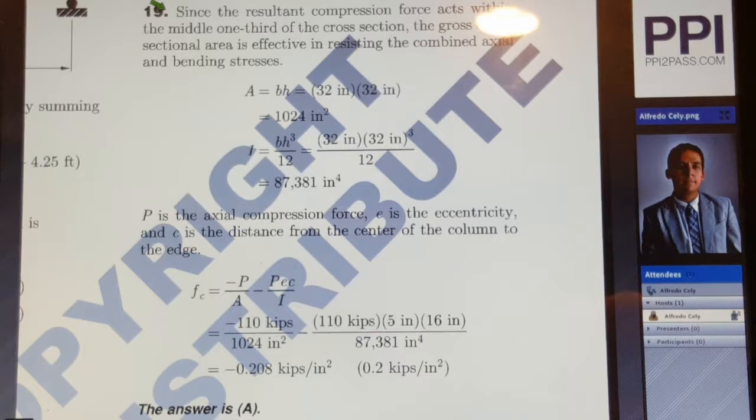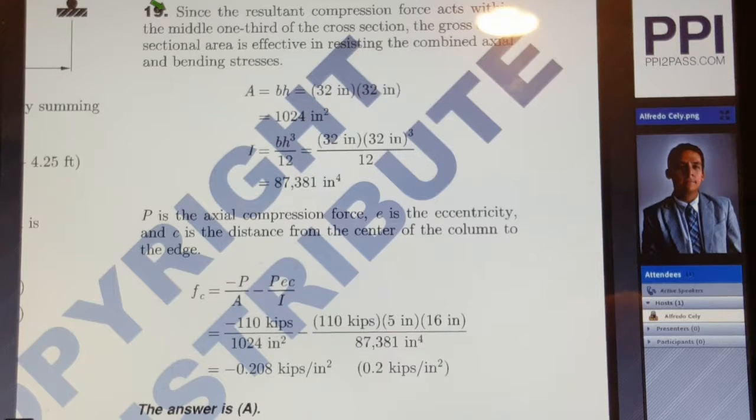and bending stresses. So that is the first concept that's being tested in this problem, and that is very common to be done by NCEES, because NCEES likes to add a small little calculation or theoretical notion right at the beginning of the problem prompt or right at the end, or you can do both. And if you miss that initial key concept at the beginning, that will just cascade down as you solve the problem. Or if you do all the calculations right through the problem, the small little theoretical notion or small little additional calculation at the bottom will basically throw all that to waste if you don't get that